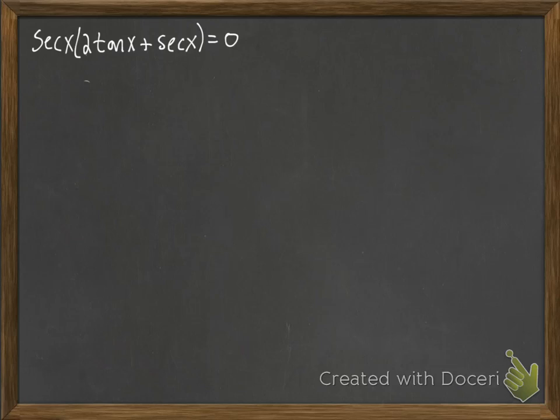Take out secant x. Now secant x is 1 over cosine. And of course, being a fraction, or if you remember the graph of secant, we know that that's never going to be 0. So the only time it's ever going to be 0 is if 2 tangent x plus secant x is 0. Well, tangent